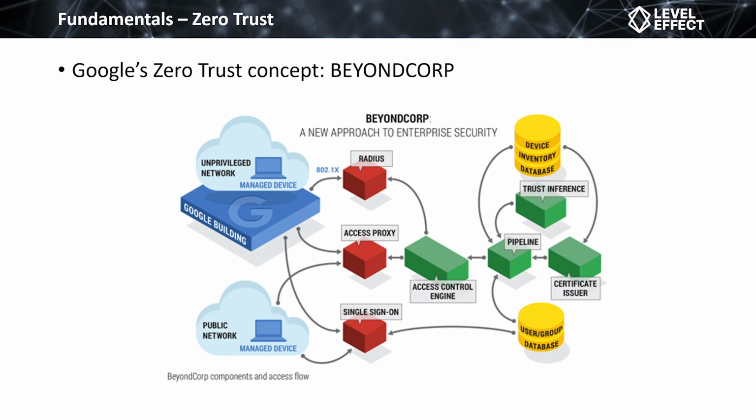And one of the biggest pieces in the Zero Trust model is that trust inference appliance. It is essentially a system and a series of analytics that in real time is looking at the device state, the device behaviors and historical activity, as well as the user state and the user historical activity. And it is inferring and predicting, do we trust? Do we not trust? And if we trust, we allow specific access to the resource requested for that point in time only. We will not allow it beyond this point. You have my trust now, you do not have it later. You must go through this whole process again every time something is accessed in the network.